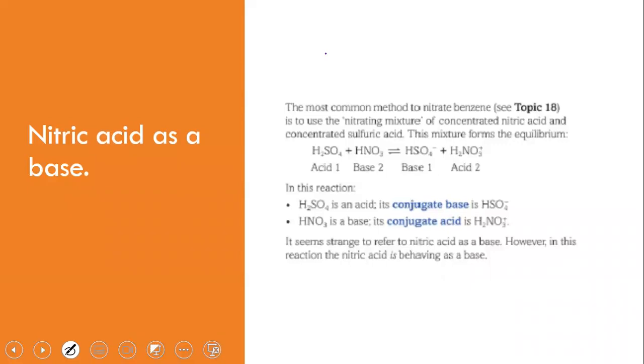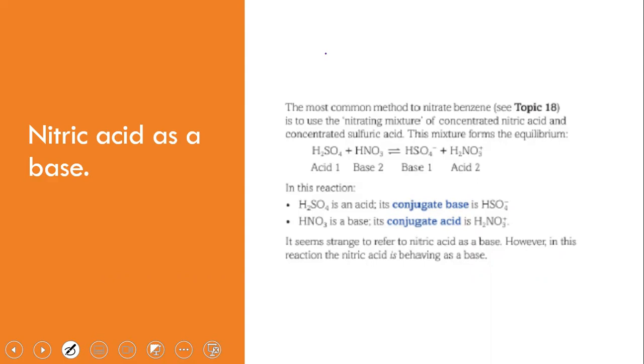And this happens in a very specific reaction. Basically, when we have our benzene, which is a ring structure that we are going to cover when we do organic chemistry, and we want to nitrate it,